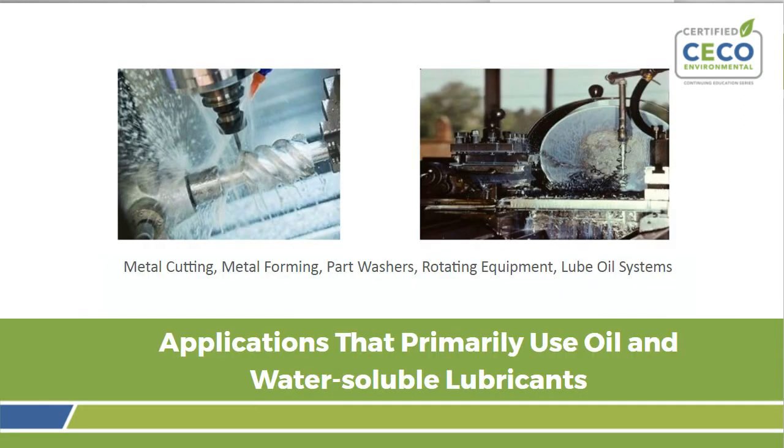Many industrial processes generate mists that require abatement. This by no means is an exhaustive list of applications. Applications that primarily use oil and water-soluble lubricants, coolants, and detergents in their processes typically generate a mist and require a mist collector. These applications include, but are not limited to, metal cutting, metal forming, part washers, rotating equipment, lube